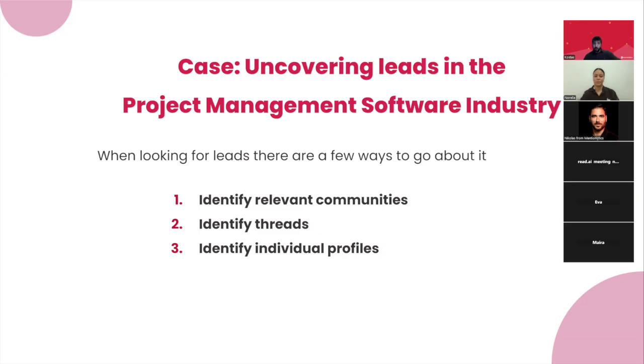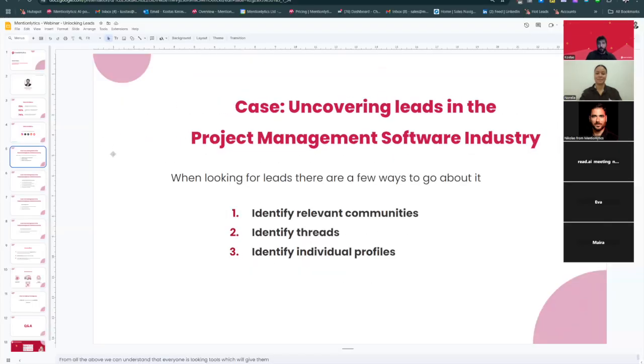The first is the ability to identify the relevant communities. So where are the discussions taking place about your specific market, specific product, or your competitors? The second thing is the ability also to identify particular threads of discussions, to find out exact problems, exact pain points, exact feedback about the market and the competitors. And the third thing is the ability to identify individual profiles, which means potential buyers, potential purchasers that are out there actively looking for a solution. I'm going to go now